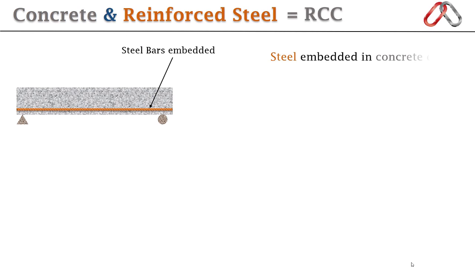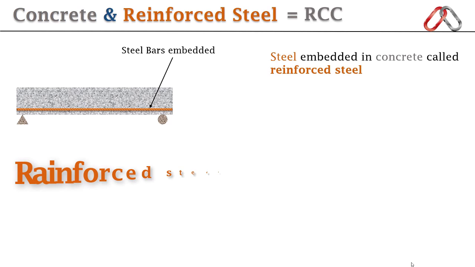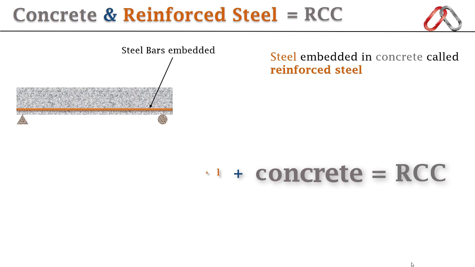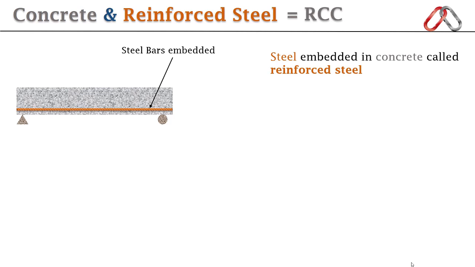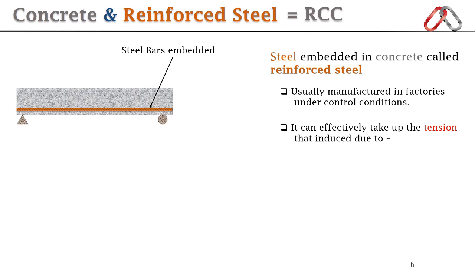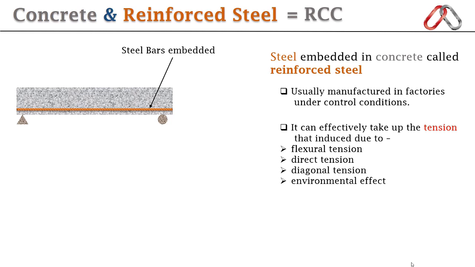Steel embedded in concrete is called reinforced steel. The complete composition of reinforced steel and concrete is called reinforced cement concrete, also known as RCC. Steel is usually manufactured in factories under controlled conditions. It can effectively take up the tension that is induced due to flexural tension, direct tension, diagonal tension, and different types